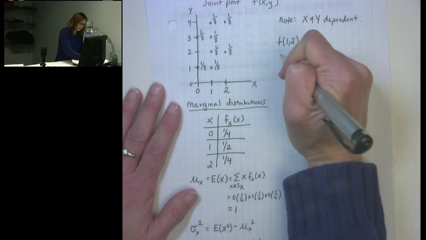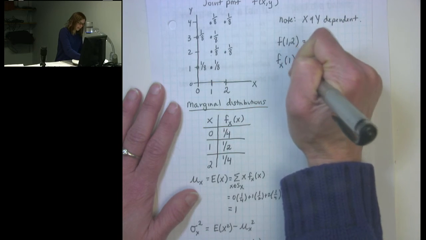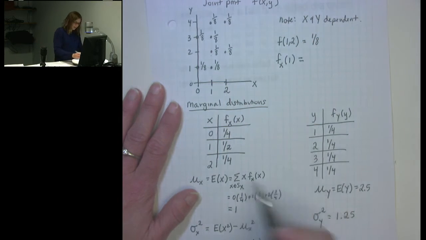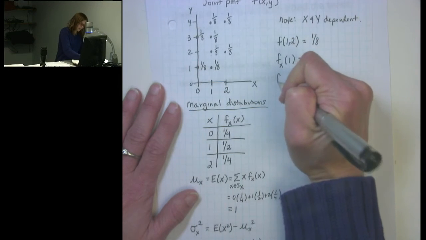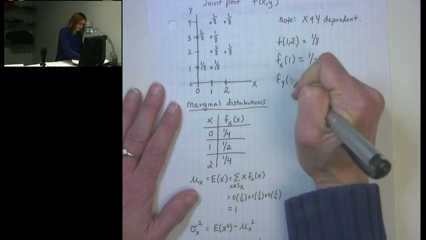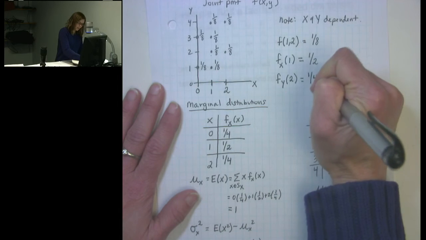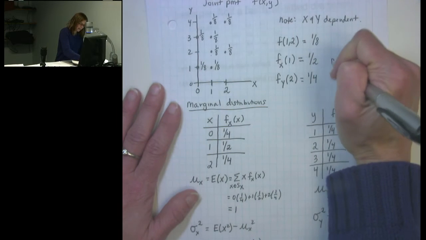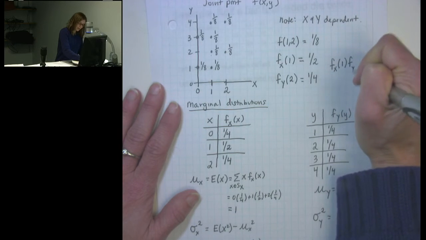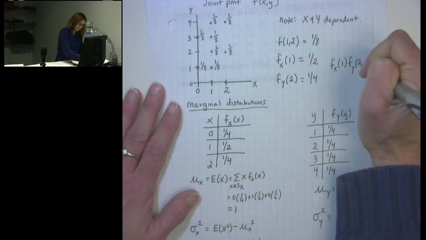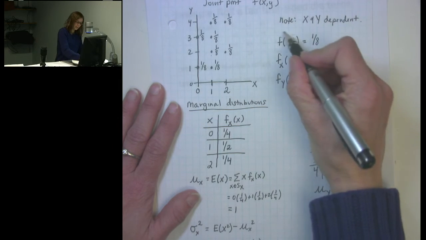If we look at the marginal distribution for x, we can see that the probability that x takes on the value 1 is 1/2. The probability that y takes on the value 2 we can get from the marginal distribution, that's 1/4. And we can see that the product of these marginal probabilities is equal to the joint